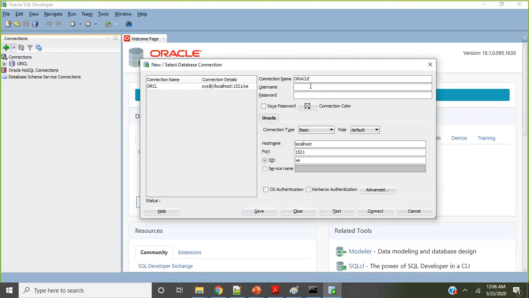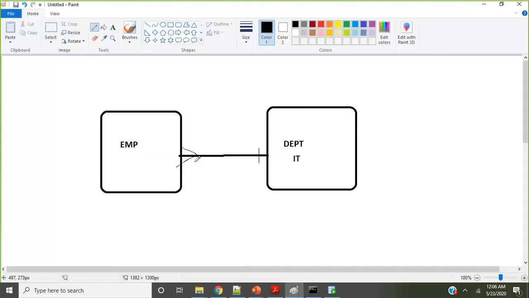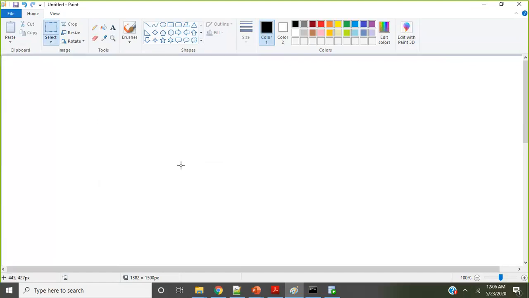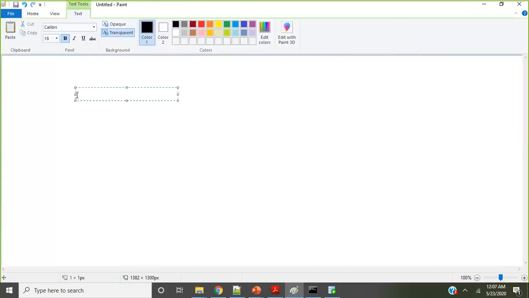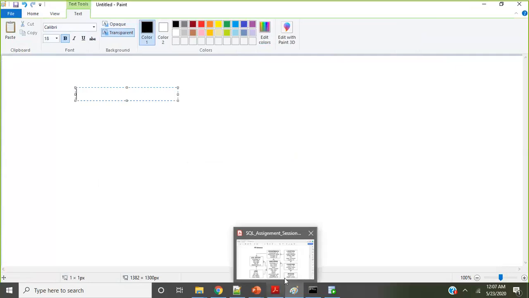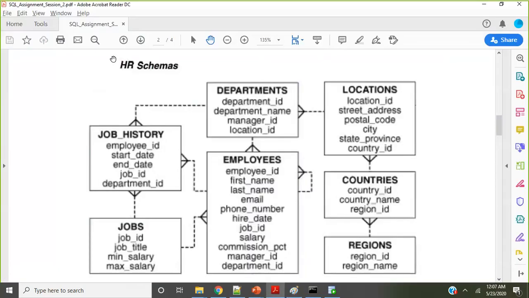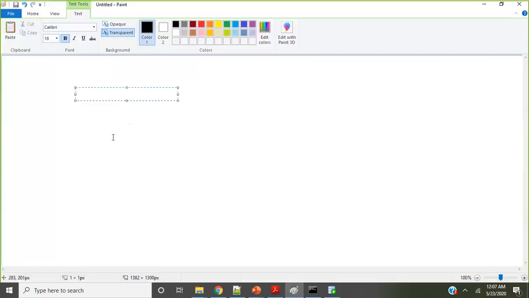The username, this is important. They have two different sets of users. Just think like this. They already have a couple of users, because HR is the schema I just showed you. I'm talking about this schema. We do have something called HR users also. Now the user which I'm going to show you is called sys. This is also called system, sys or system.